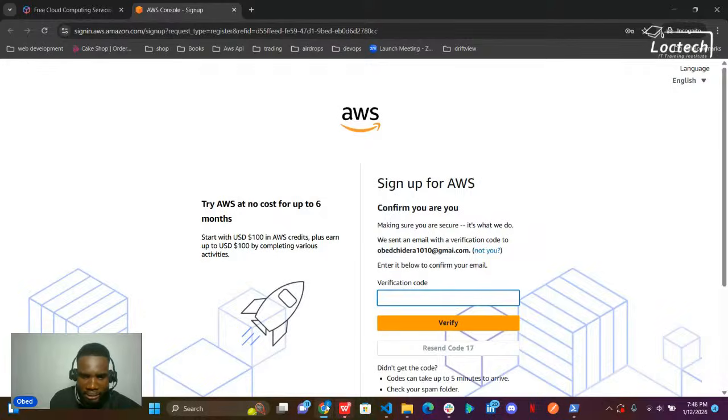I'm sure you've wondered that. By tomorrow, we're going to be looking at the service responsible for hosting websites, that is the AWS EC2 instance. So that's why I need you to create your account and get it ready.